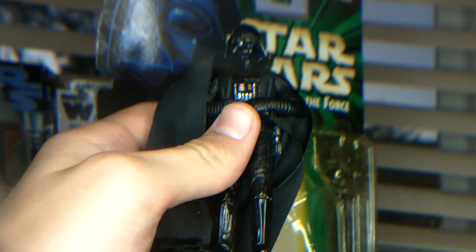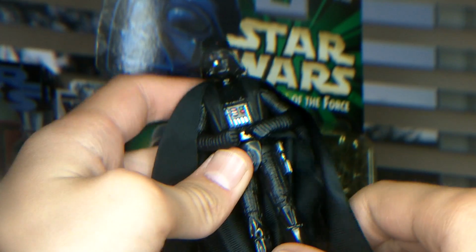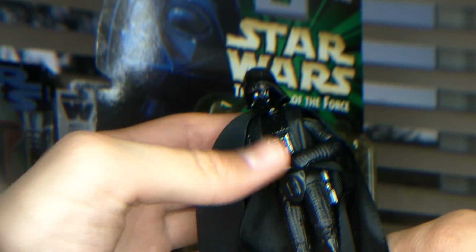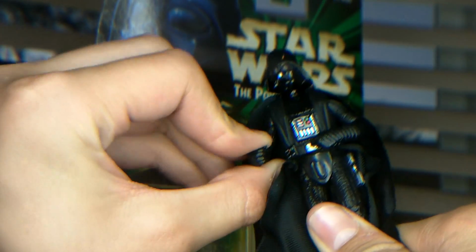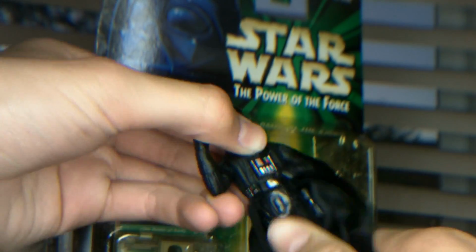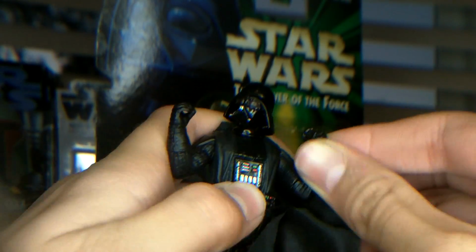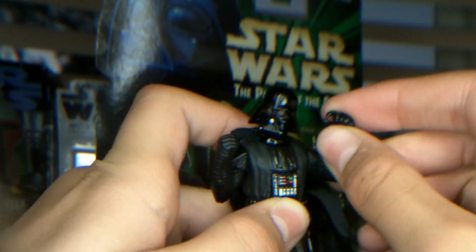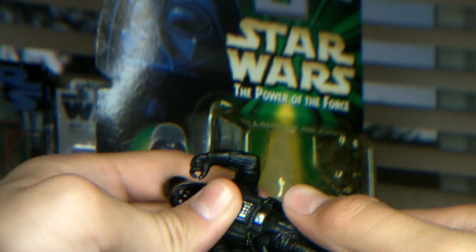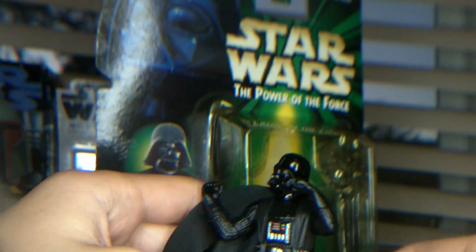This Darth Vader is the most realistic Darth Vader to Episode 4, A New Hope, there is out there right now. But he does have very limited articulation. From what I see right now, okay, he has a swivel head, swivel shoulders, if you can see that, swivel elbows, so they can only do that, and then he has a swivel torso, and swivel hips, that's all, swivel everything,